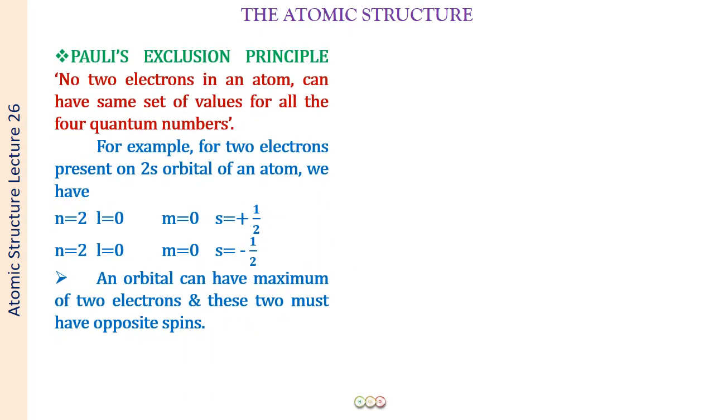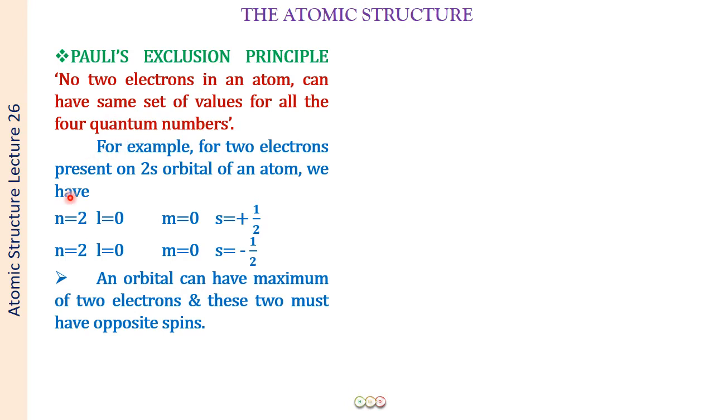Next, we have the Pauli's exclusion principle. So the Pauli's exclusion principle states that no two electrons in an atom can have the same set of values for all the 4 quantum numbers. Right? If you remember, we did a question while we learned the quantum numbers, where we made all the possible sets of quantum numbers possible for an electron. And there we also did the same thing, that the 4 quantum numbers for no 2 electrons can be the same,